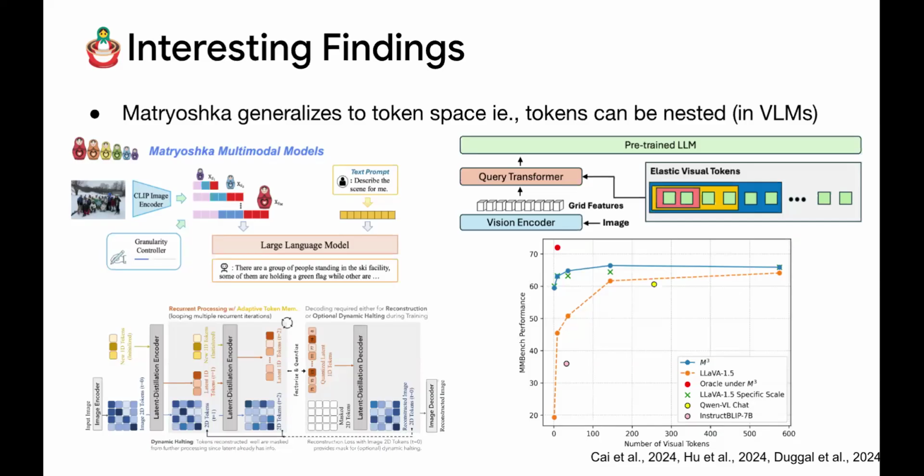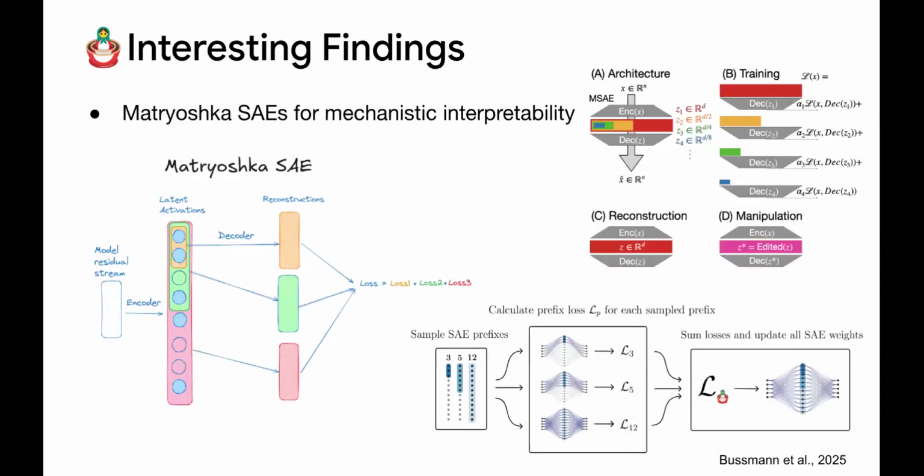At a similar time, there was Matryoshka multimodal models, which made LLaVA completely adaptive. There's also work from MIT, which talks about adaptive compressibility rates and how to add extra information as you go along. You can think of this as Matryoshka, which is adding extra information as you go along. So it's the residuals which you can add after that.